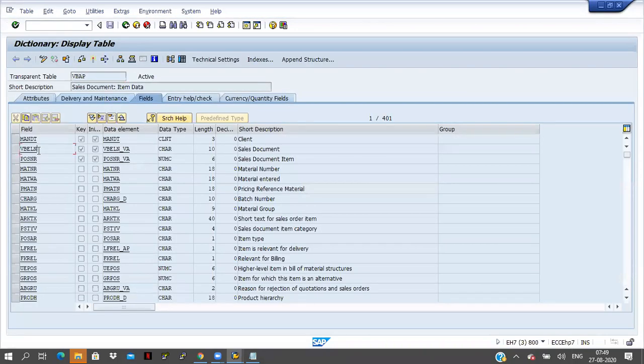Here VBELN is coming. What is the description for this one? Sales document, and the table name is VBAP, right?